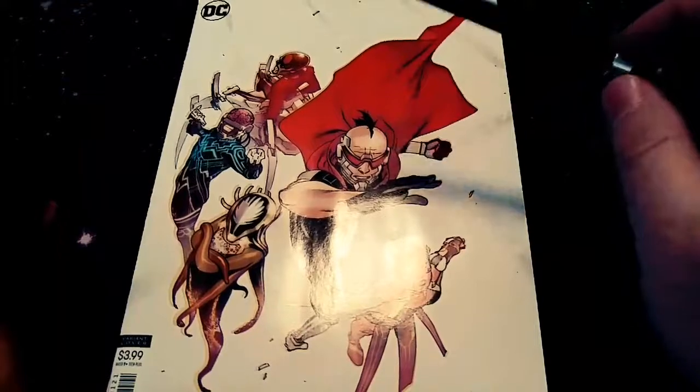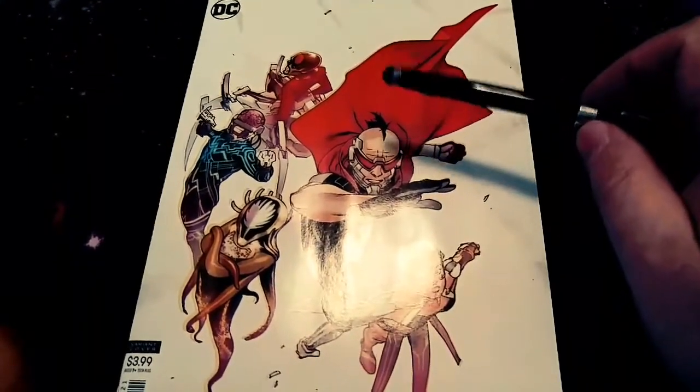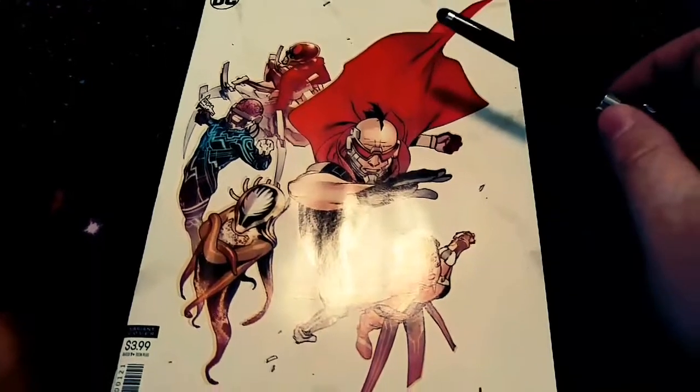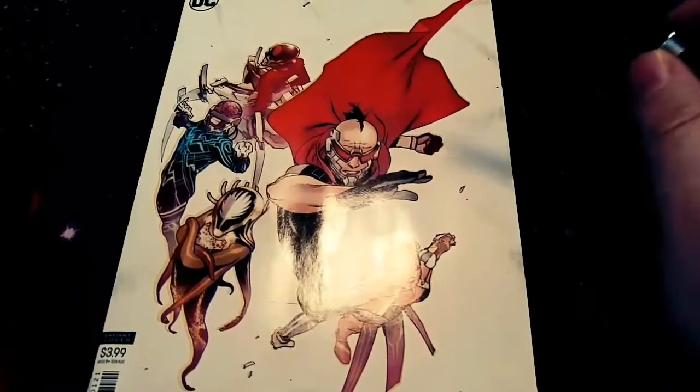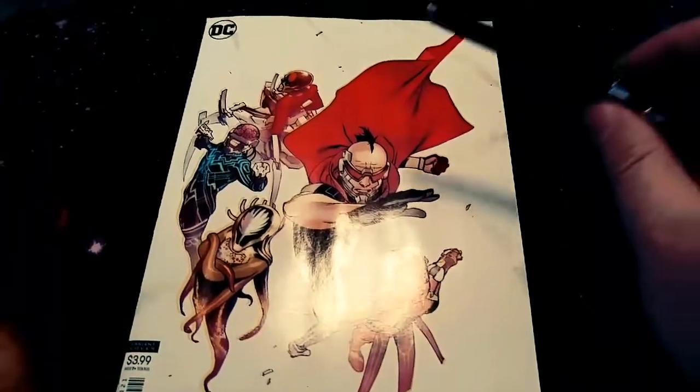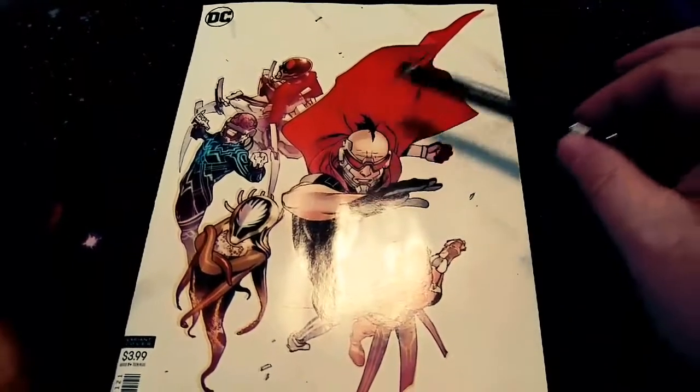Never would read a Superman comic. I always thought Superman was hokey. Most of the DC characters I thought were hokey, like Aquaman, Hawkman, Wonder Woman. I don't know. I was prejudiced, and I fully admit that. But now that I'm reading them and I'm actually going beyond just the surface level normie